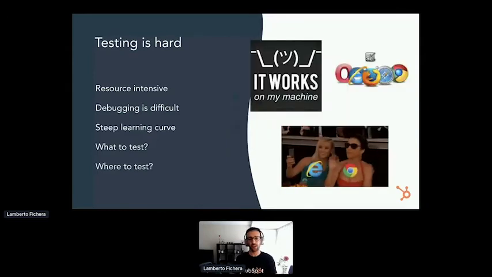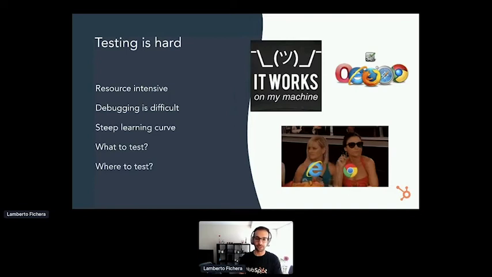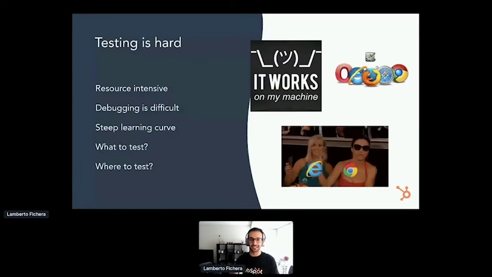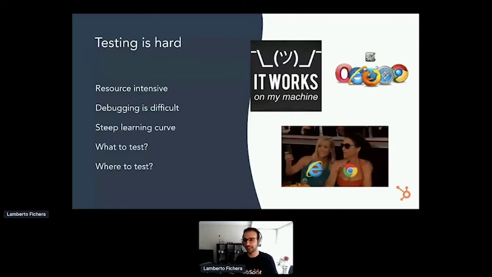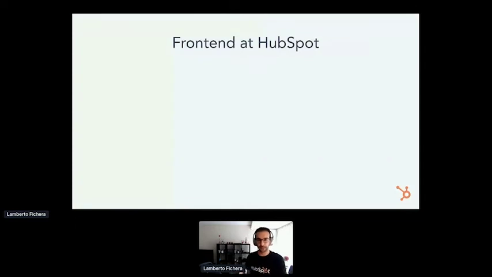and not specifically addressing the individual rendering components. Also, where to test is another problem, because sometimes you want to test in as many places as possible on browsers. You want to be sure that your app is working on every different browser, and sometimes this is not really easy. We all know that Internet Explorer 11 is not the easiest browser to work with, especially in testing. We do still support that browser in the HubSpot product, so we have to test on it as well.